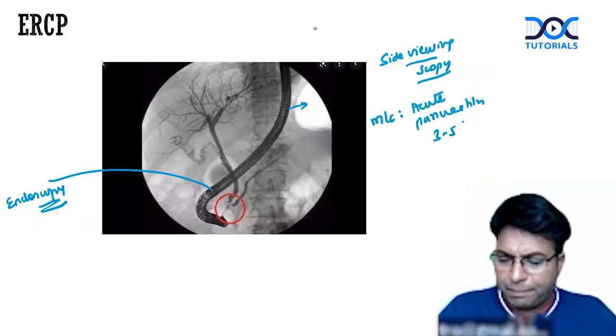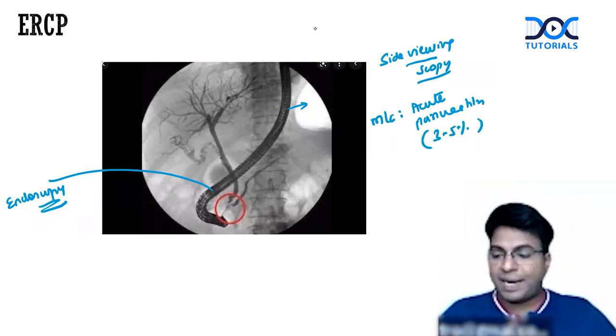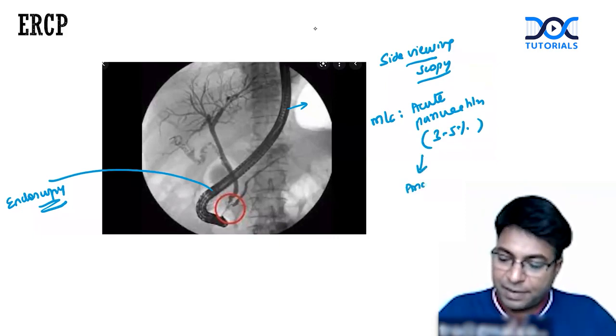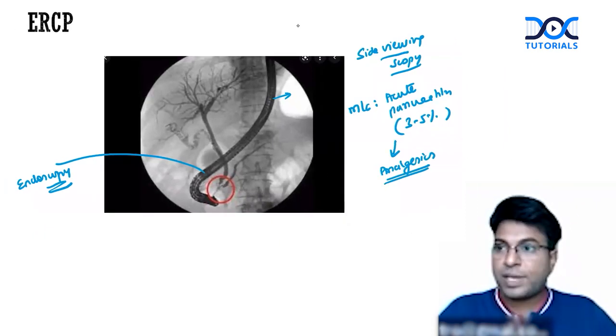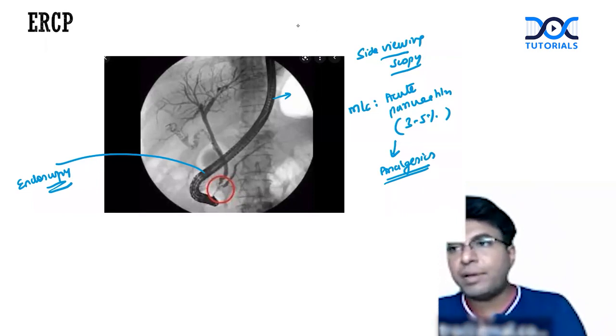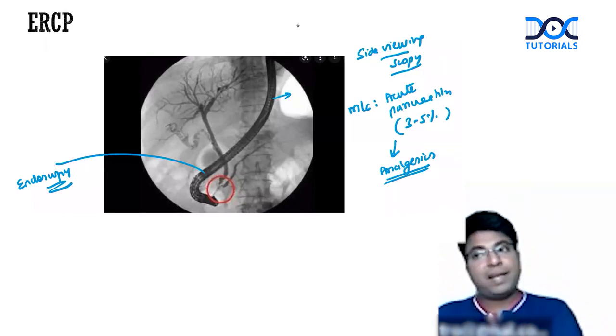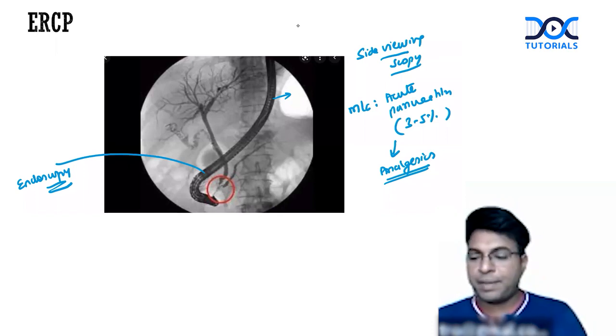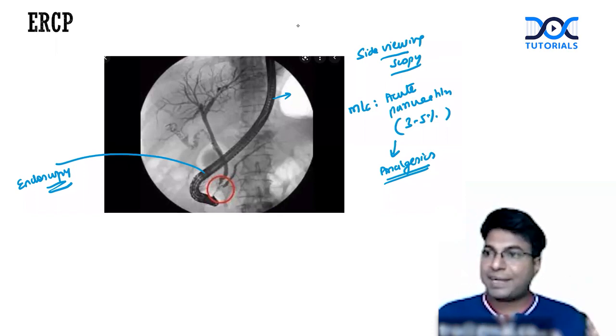In 3 to 5% patients, they develop acute pancreatitis, which can be reduced nowadays by giving analgesics. So yes, very good. It is not bleeding. Many people are answering as bleeding, but bleeding is not that much common complication. Bleeding means any surgery you do, there will be bleeding. It will stop automatically. If it is going to bleed continuously and we are going to open, that is bleeding. So this complication here is pancreatitis.